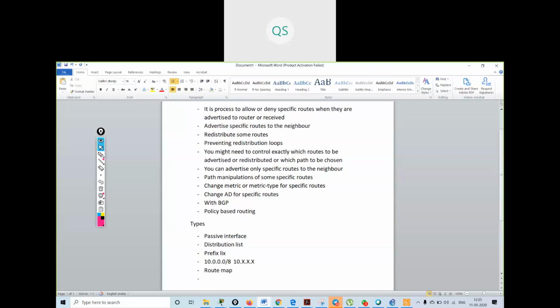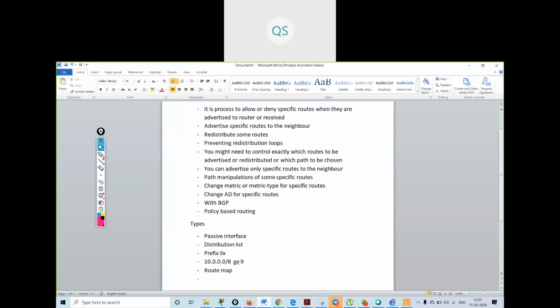But in a prefix list, you can give a command, 10.0.0.0/8, which will be greater than or equal to 9. Block the 10 dot network with a slash value greater than or equal to 9.